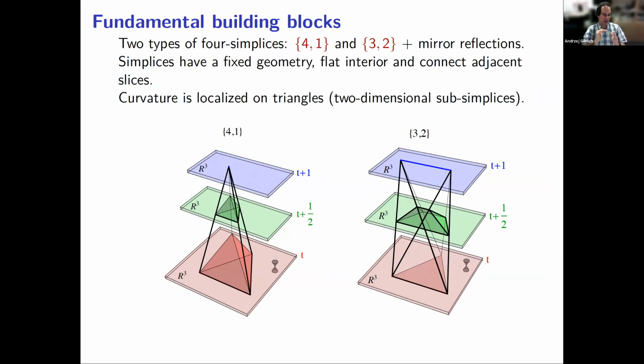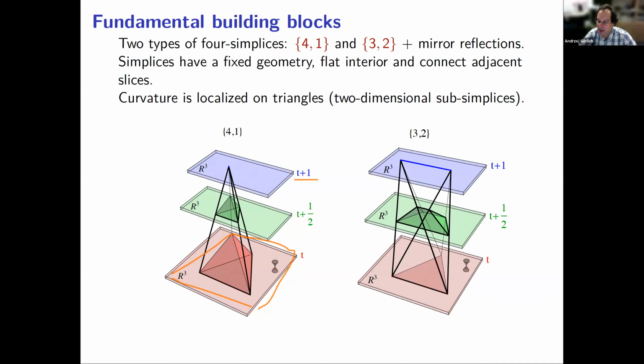Again, because of this foliation, we have layers of, we could say, constant time. In CDT, this is also discretized. So we can talk about a layer at time t. We call it a slice, and also at t+1. And a 4-simplex always joins or connects two adjacent layers, so t and t+1, and so on.